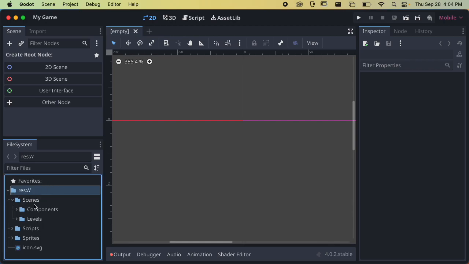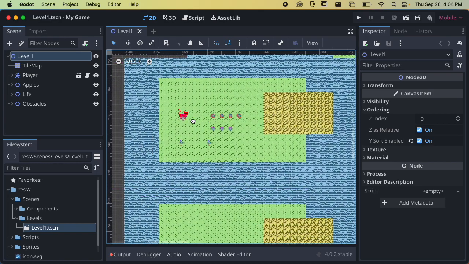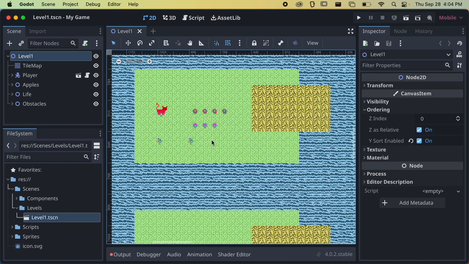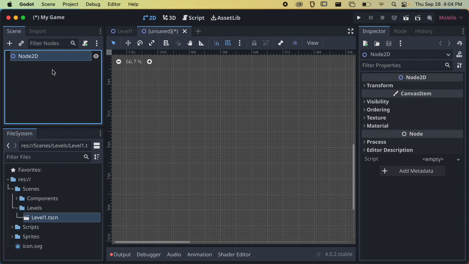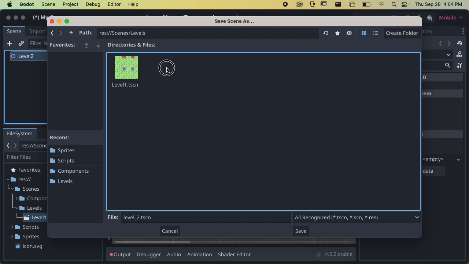So I'm gonna make a new level for this. My level 1 is just kind of an RPG style, top-down thing with no platforms and no gravity. So I'll make a new level as a way to demonstrate a platformer. So I'm just gonna add a completely new level here. I'm going to create a new 2D scene, and I'm going to call this level 2, and then save this. So I'm going to save this inside my scenes folder, inside my levels folder,